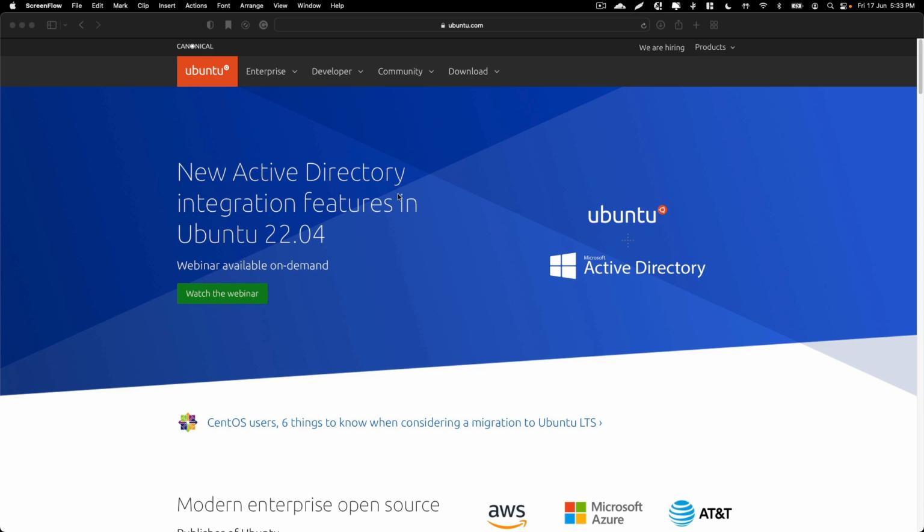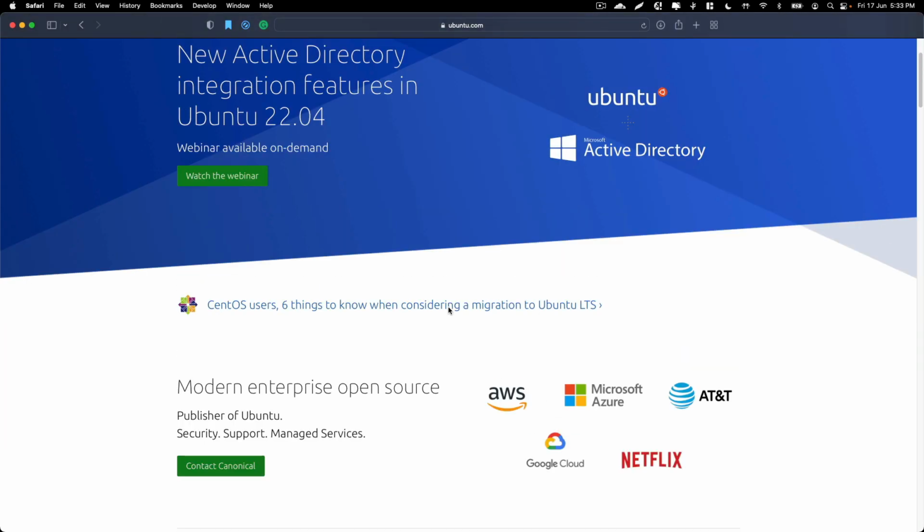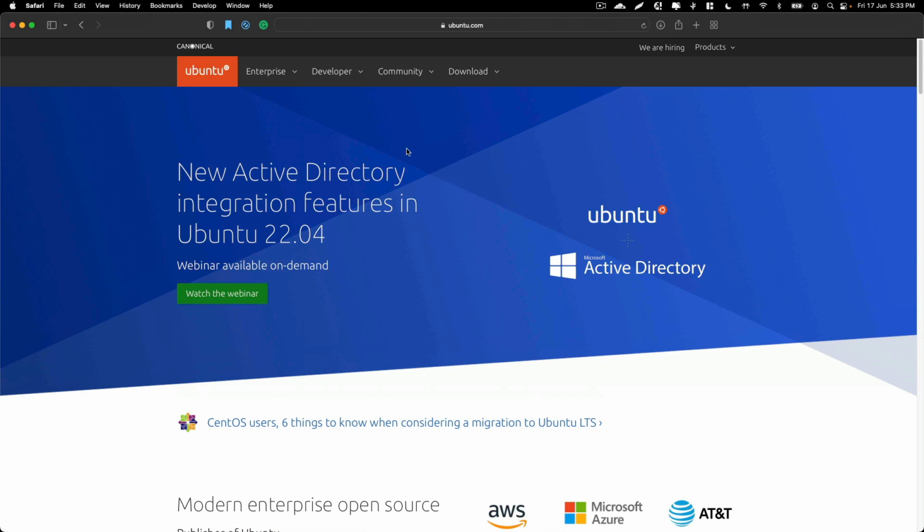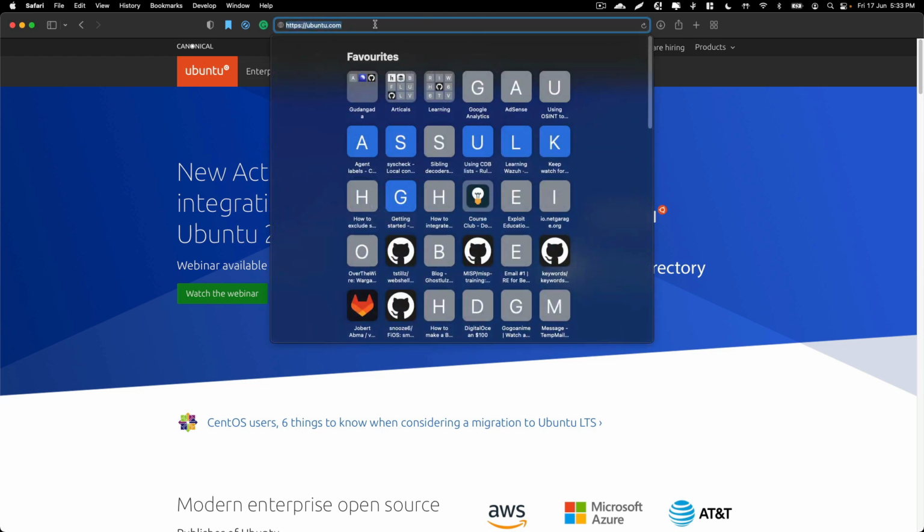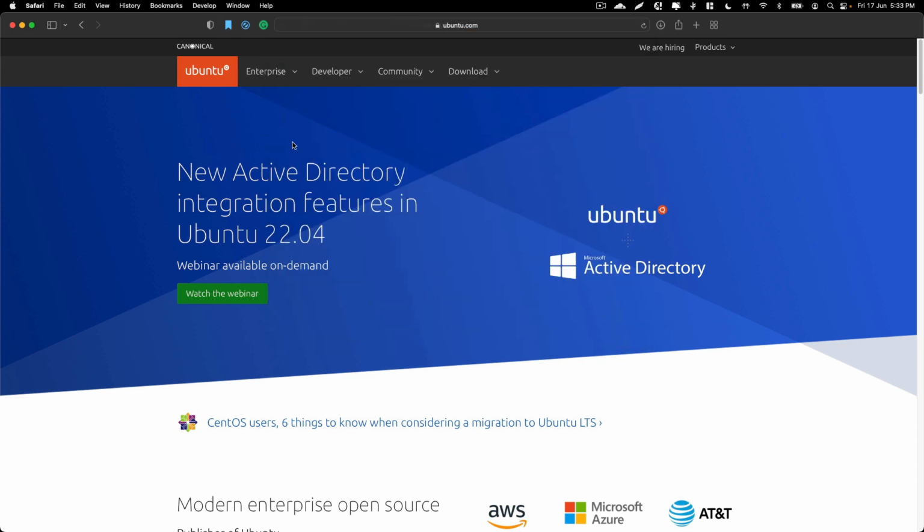So in this video, we are going to take a look at how to install Ubuntu 22.04 LTS edition on VirtualBox on macOS. So let's get started. So the first thing that you need to do is go to ubuntu.com, and over here